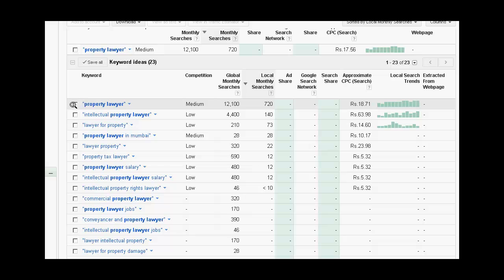So let's say I pick up these keywords that I want to do SEO for my client. I'm not saying you should go directly based on the search volume. You do the competition analysis and figure out which are the keywords you'll be going after. So let's say you selected these keywords for which you'll be working on. So okay, right. So let's say these are the 4 keywords: property lawyer in Mumbai, property tax lawyer, and lawyer for property. These are the 4 keywords for which you'll be doing the SEO services for your client.